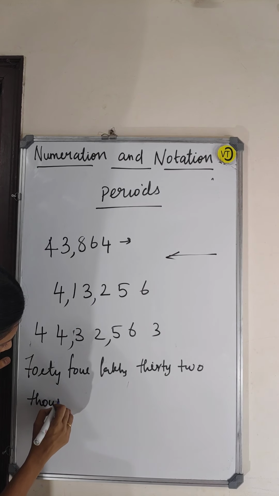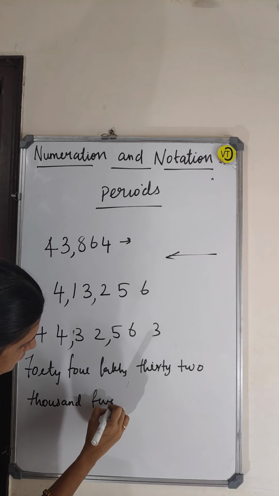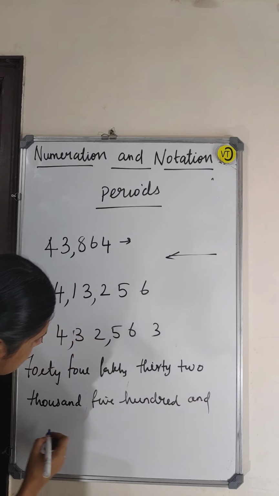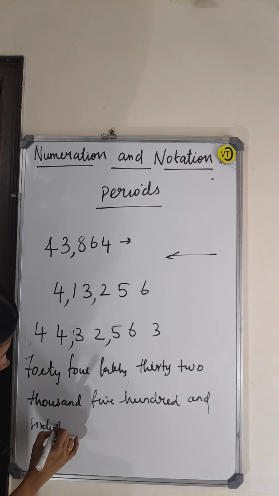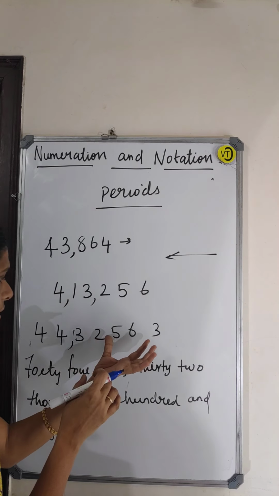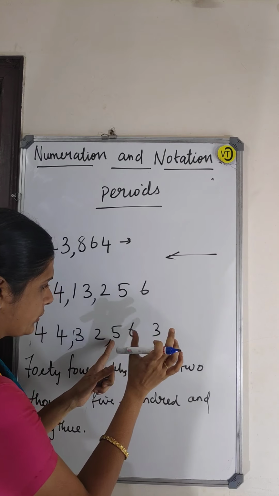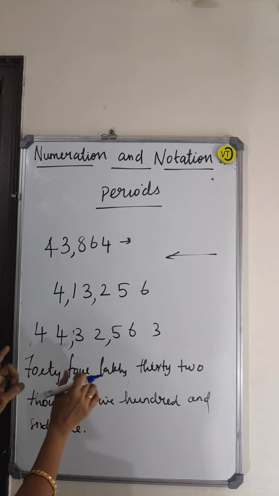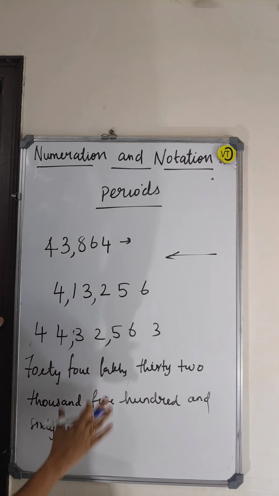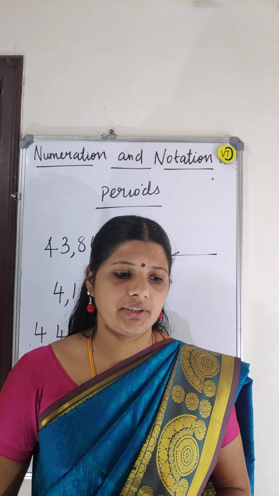32,000. 563. So how can I take this? First 3 numbers from right side, then group it. This is one group. This is one group. This is one group. So first 3 digit here, 2 digit, 2 digit this way. This is our Indian system of grouping. Okay. International system is different. That I will tell you later.